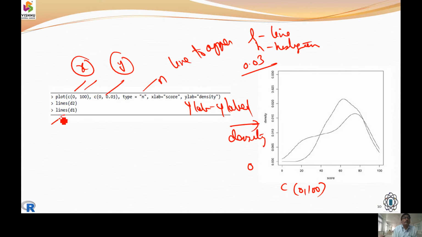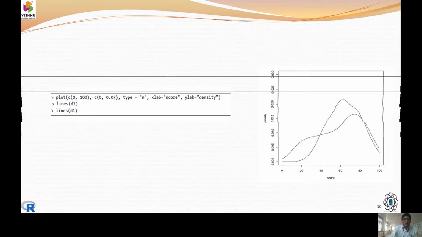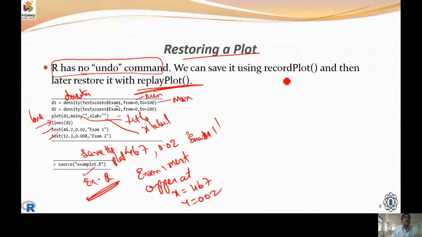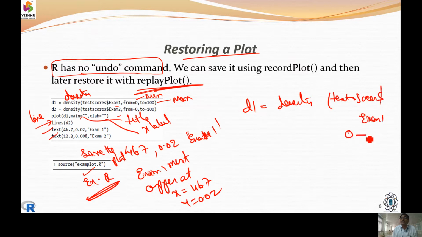So now we have to draw the lines for D1 and D2. So where do we get this D1 and D2? D1, we were mentioning, is a density function and it is a composition of some test scores of exam 1 ranging from 0 to 100.